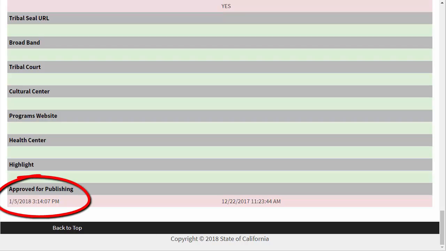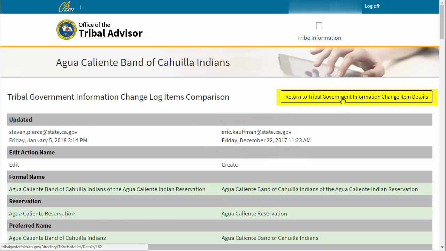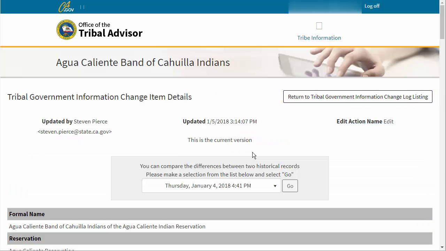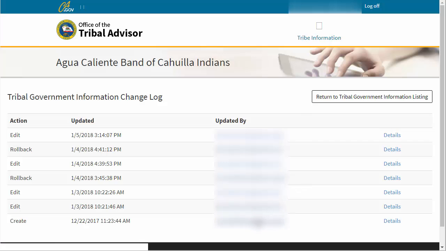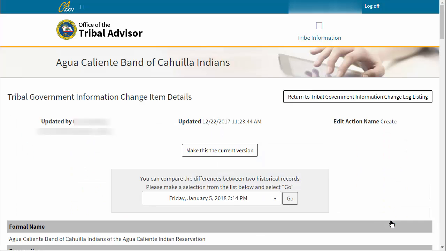Let's say that for whatever reason you have determined by comparing two date records that a rollback is necessary and you want to roll back to this December 22nd date. You would click back to return to the Change Item Details page, then once again to go back to the Change Log Listing page. Now you can select the December 22nd version, and you will see that you have the